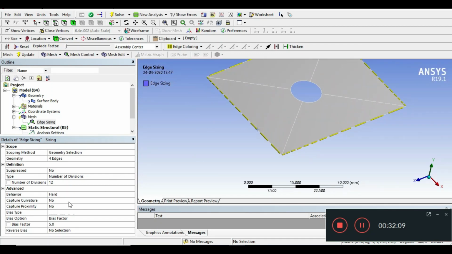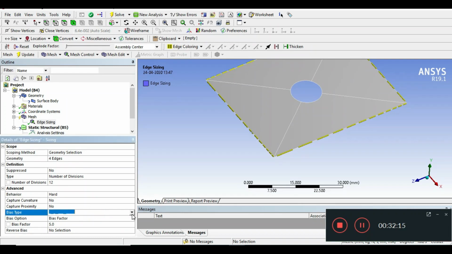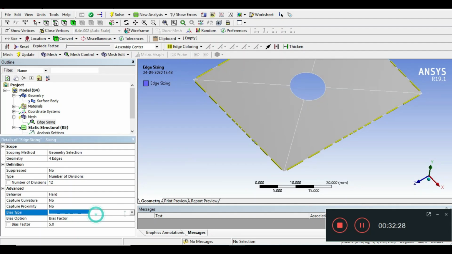So next you can change to second option to see the difference. The direction is reverse. Then select third option. That means the large element will be at center of the edge, and then again the small element at the center of the edge, and the last one is no biasing. So we first use no biasing here, and you will see the difference.